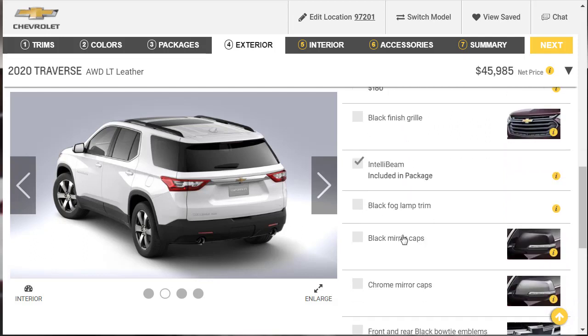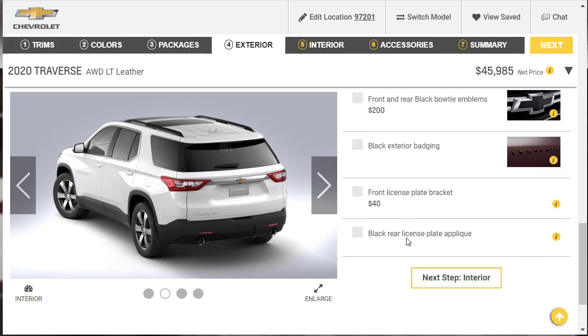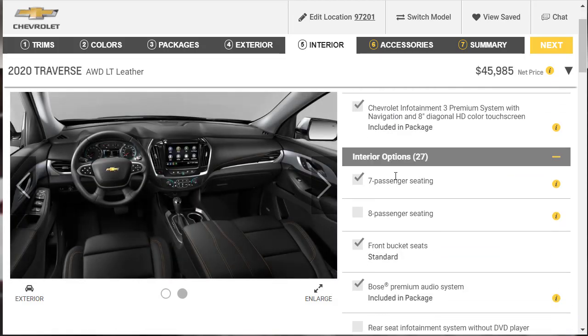The black grille, no. The rest of this stuff is just silly little add-ons. Badging, black bow ties, silly stuff. Nickel and dime stuff. Let's go to the interior. We have the top infotainment system. We're going to do the